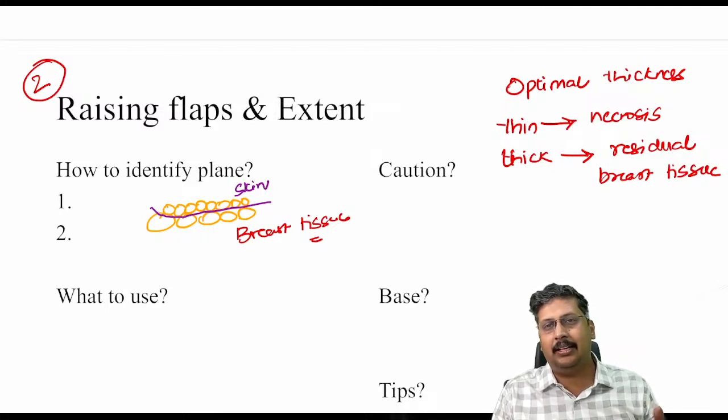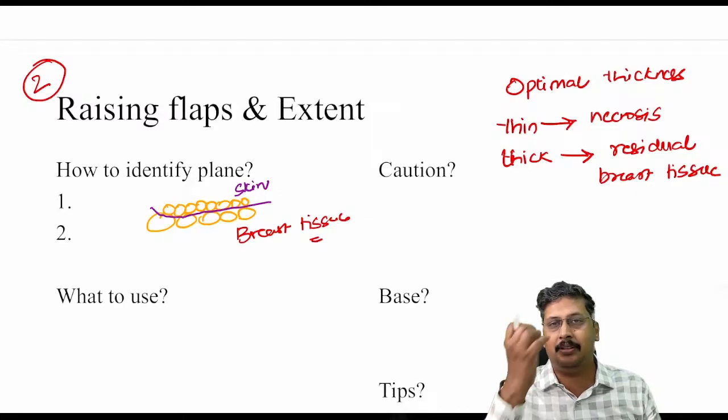So if you are seeing excessive blood loss while doing a mastectomy, you should understand that your plane is not good. Our aim is to keep the subdermal lymphatics in the skin flap so that the blood supply to the skin is good